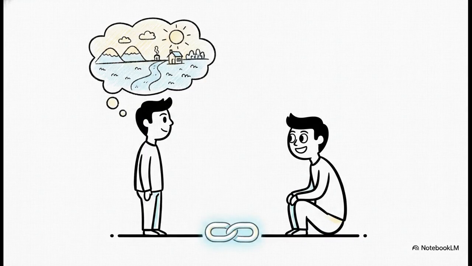To actually put this into practice, the source throws out a fantastic activity idea. Practice listening to a story without interrupting. And I really want to pass that challenge directly on to you today. The next time a friend or a family member starts telling you a story, just try to be a totally silent, engaged audience. Look at them, pay attention, and let them finish completely. Honestly, it's a lot harder than it sounds, but it will immediately start deepening your interpersonal bonds.